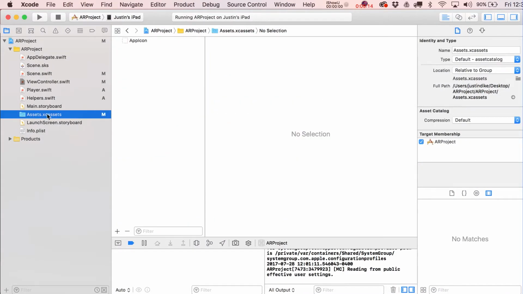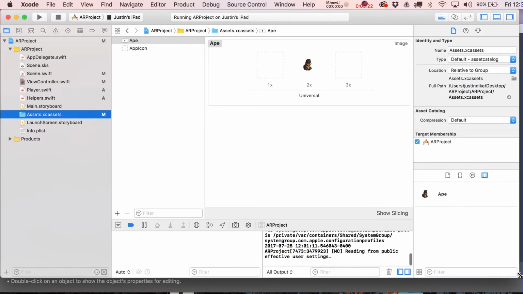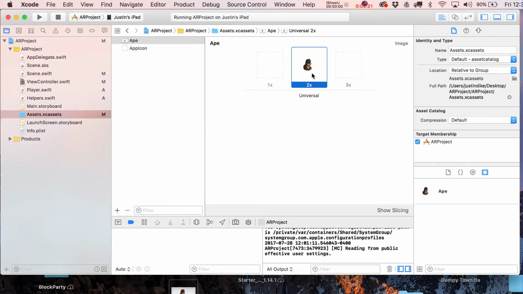Okay, so I'm going to go over here to the assets catalog. This guy's living right here on my desktop, so I'm just going to drop him in. You can see I did give him the @2x extension in his name. Here, let me get this out of the way. There he goes. So it's ape@2x.png, and you can see that just by doing that, it puts it into